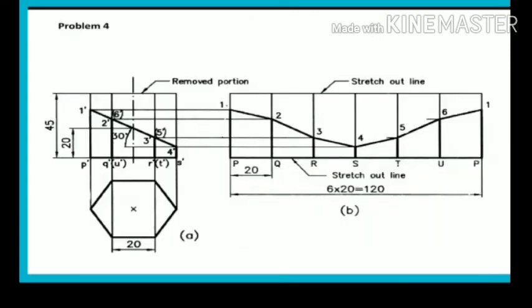It is the same problem as before; only the cutting plane is acting at 20 mm from the base. A similar method is adopted. First you have to draw the top view and front view, name the points, and again transfer the points from the front view. That is the development shown. The length of the development is equal to the perimeter of the top view, and the height is equal to the front view. Points 1, 2, 3, 4, 5, 6 and 1 are transferred from the front view where they lie on the same vertical edge.